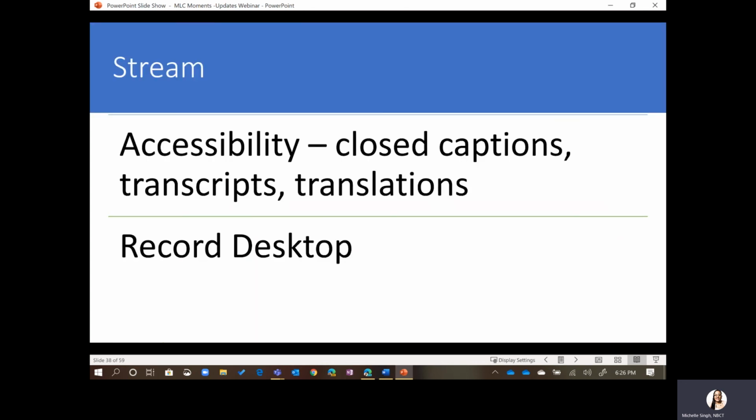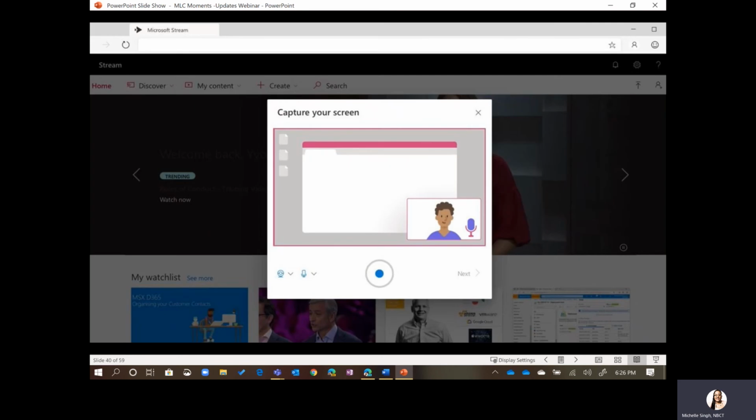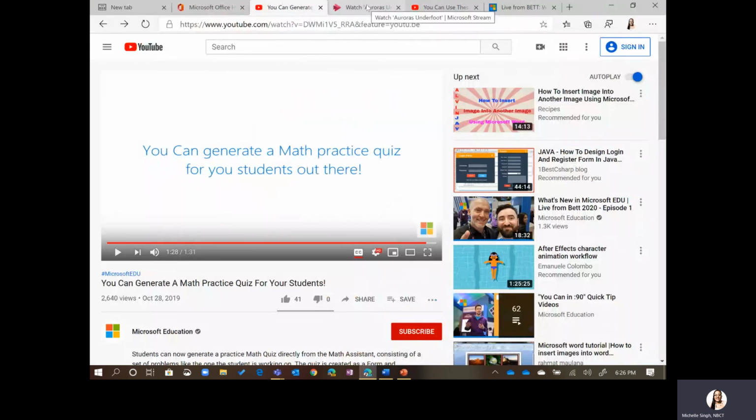So we are going to talk about now Microsoft Stream, and I'm going to show you some of the wonderful updates that are forthcoming, including accessibility features like closed captioning and transcripts and capturing your screen. So you're going to now soon be able to do screen recordings within Microsoft Stream. And I am going to show you